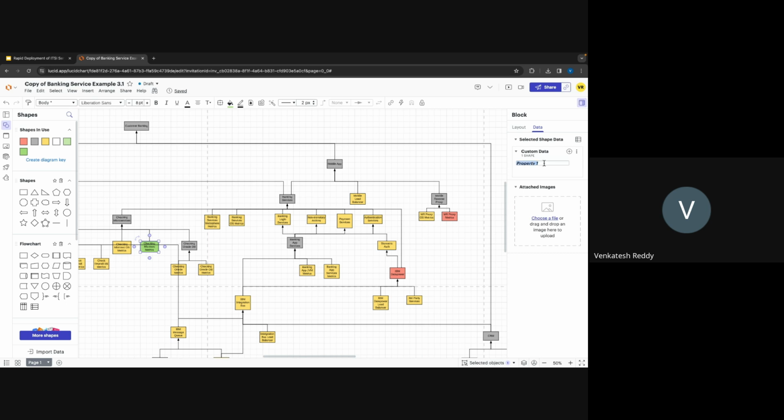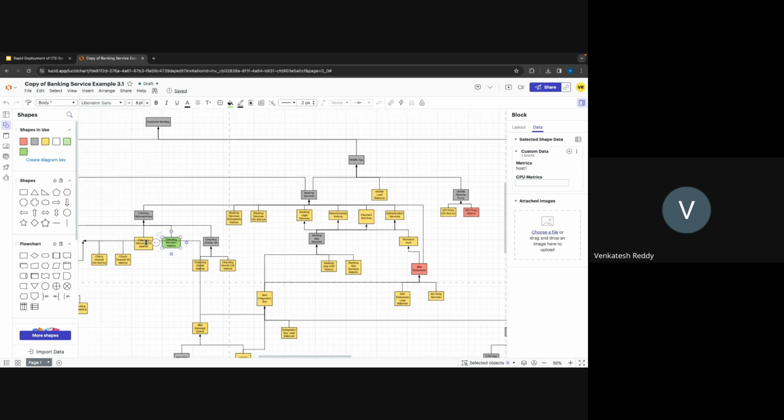First, I can add a metric, and then add a value to this one, host one. Similarly, you can add another service template, and you can call it CPU metrics, and then add a value to this one, host 2 or something like that. So we can do all those things.